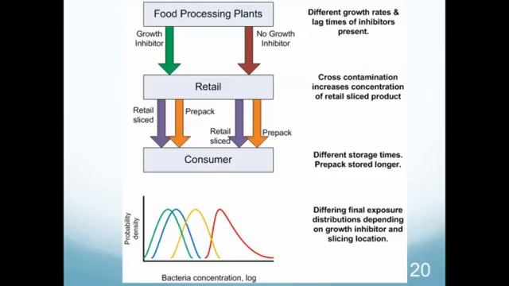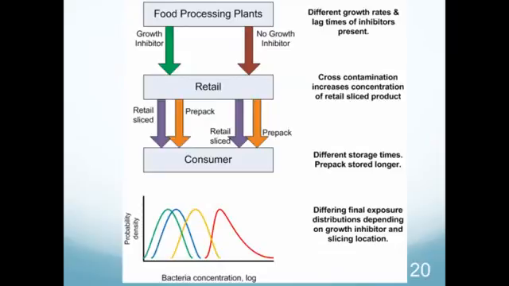So this is an example with deli meats again. It's a fairly simple chain, this one. We're starting at the food processing plant because we cook deli meats. And so what we have then is our product here, and some products are going to have a growth inhibitor, such as diacetate. Other products want preservative free, so we'll have no growth inhibitor. And in addition to that, we're going to have some products that are sold in the pack, whereas others are going to be sliced up at retail